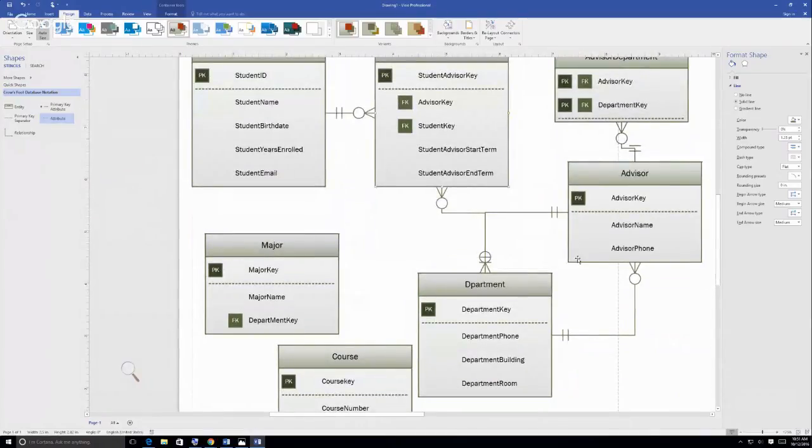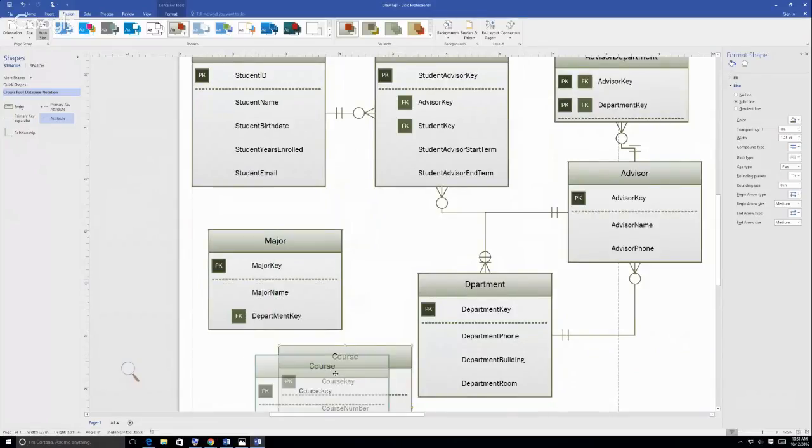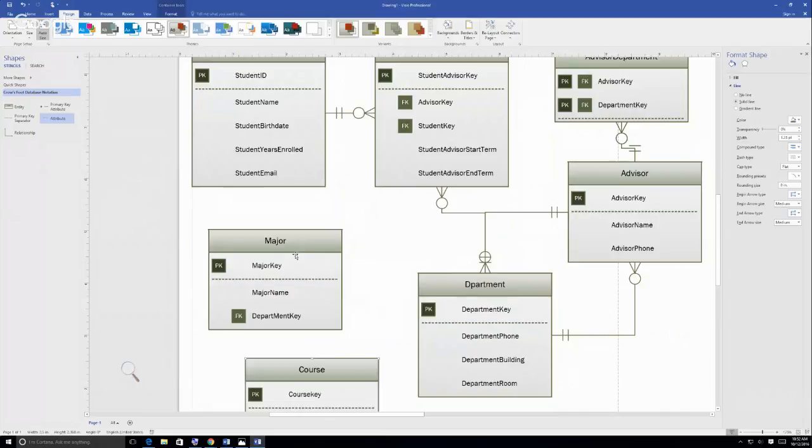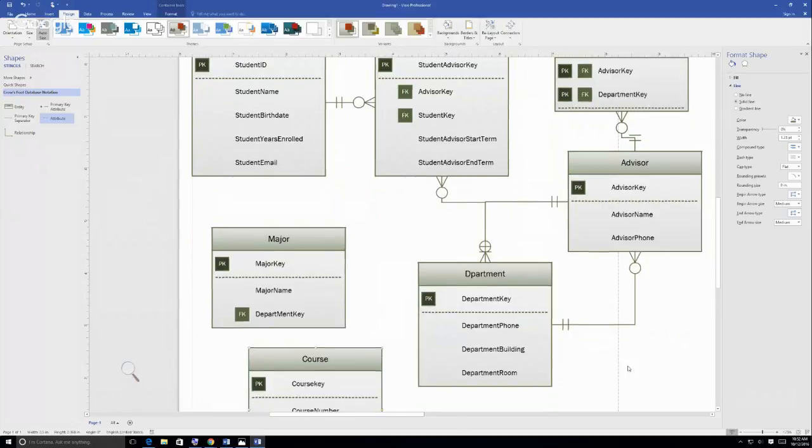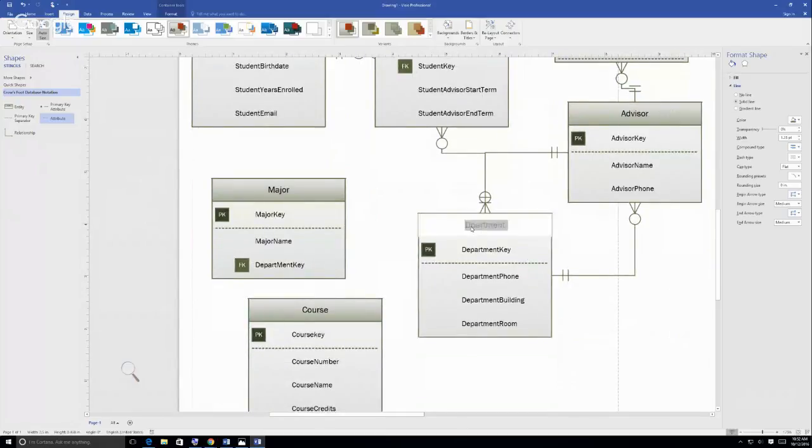And I was doing major from department, and I think I'm going to move. Well, we need a student major and student major, right? I spelled department wrong. Doesn't matter a whole lot, but